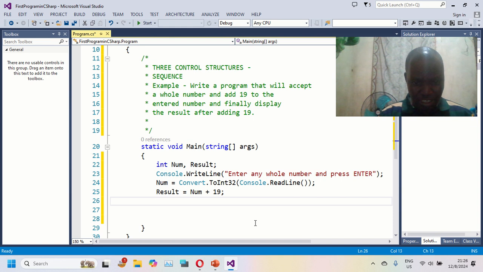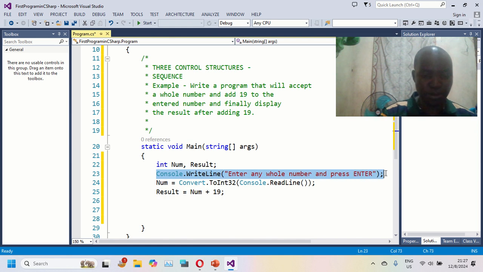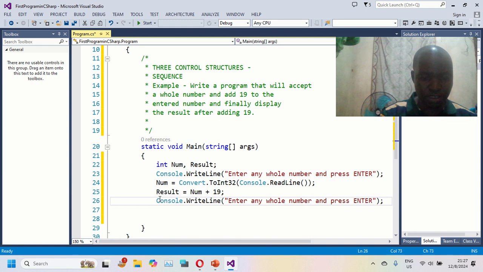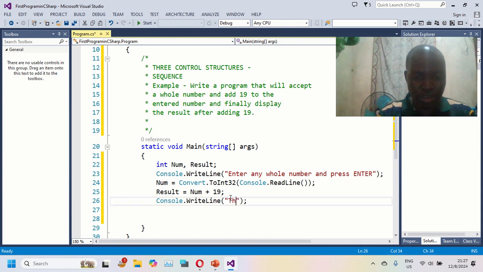Right, so we have performed the addition. Now we need to display. So now we are displaying the result. I'm just copying that one, because it is the one we use to display: Console.WriteLine. Console.WriteLine is used to display something on the console screen. So you're saying the result